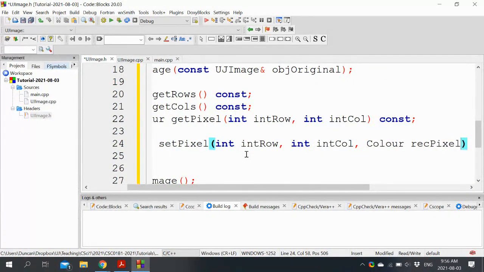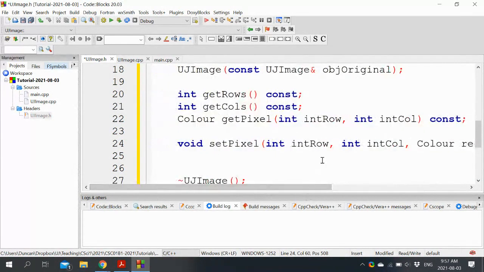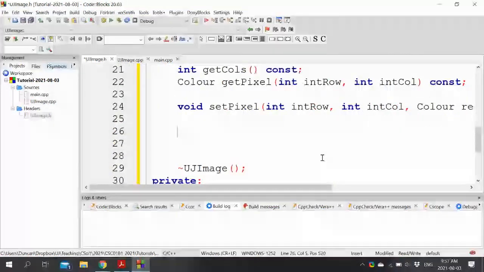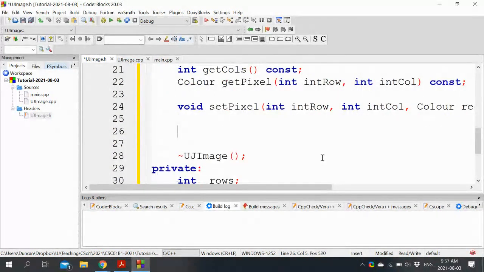Pixel, and it won't be labeled as const because it will change the contents of the array. So that's fine. And then what else do we need?